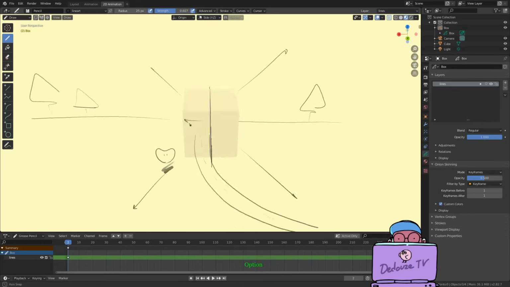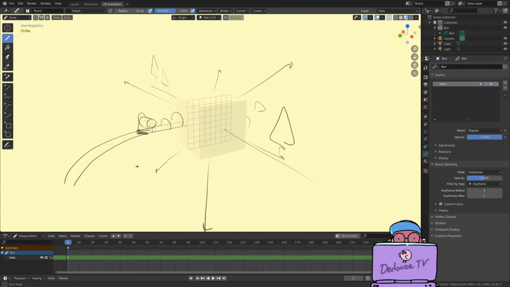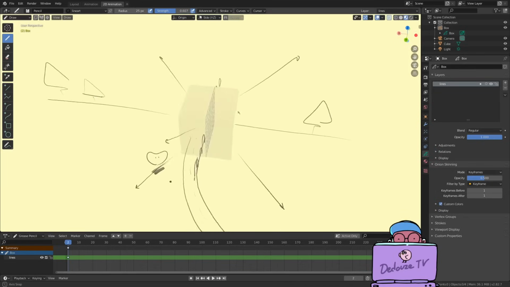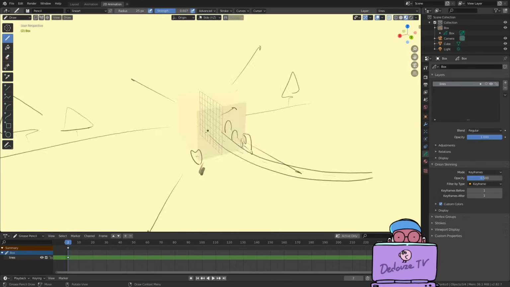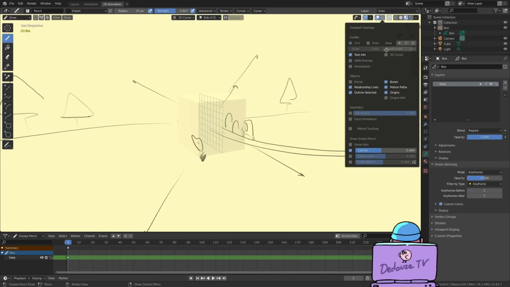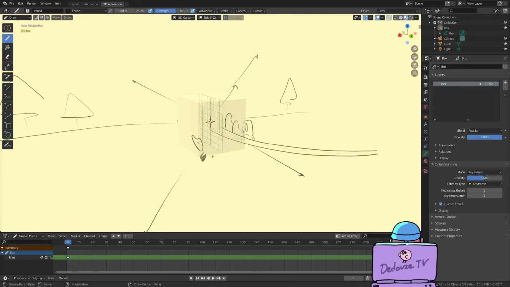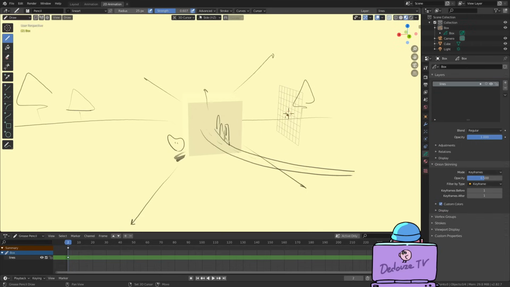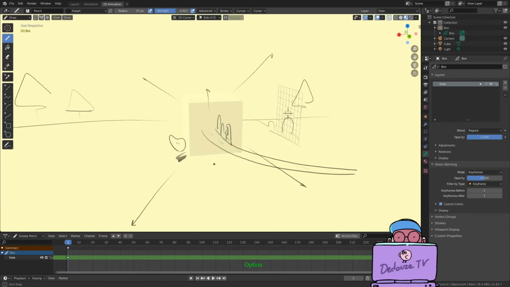Okay, it looks nice, but what if you want to draw the same thing but not from the center of the scene? Well, that's when we need the 3D cursor. In the first drop-down here, let's switch the origin option to 3D cursor. If you don't see the 3D cursor on the screen, you have to activate it in the overlays. So up there, check that the overlays are activated, of course, and then in the drop-down, check the 3D cursor option. Now you can shift right click in the scene to move the 3D cursor and the canvas moves with it. You can now draw like we did before, but from different places.